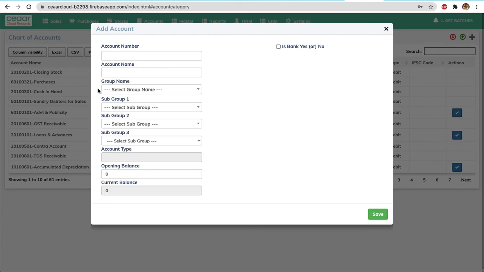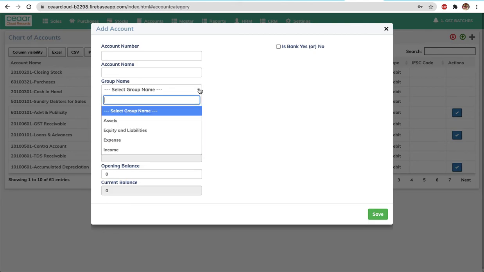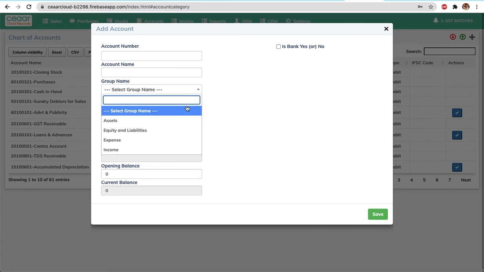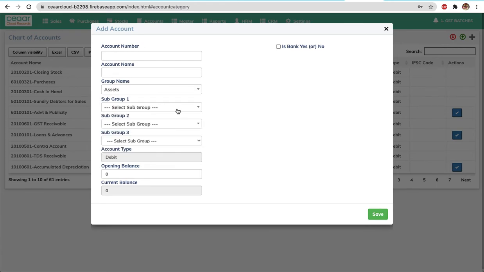Some amount of accounting knowledge is very much required for creating new accounts, primarily because they must understand what these groups and subgroups are. These are all as per the accounting standards.